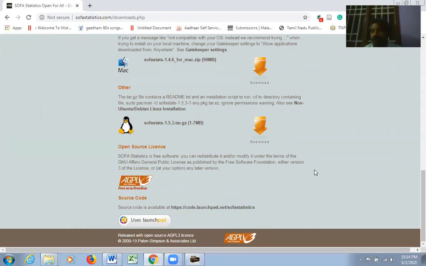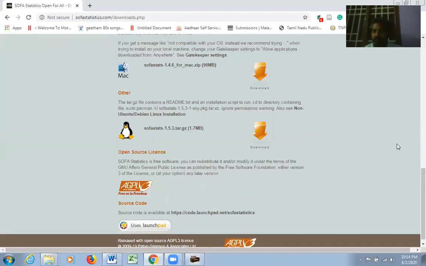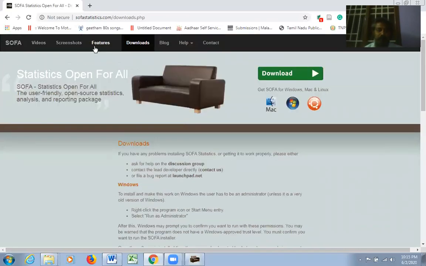Because it's an open source software, you may feel, sir, I would like to get the source code, the language, so that I will be able to write something, rewrite something. I want to change the software, the look and feel of the software, something like that. Then we can make use of this source code because it's an open source software. Fine. And if you go to videos,